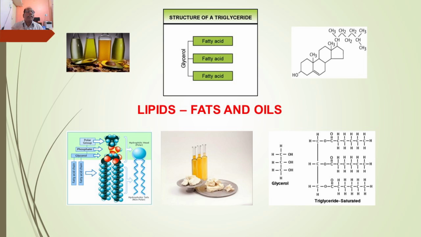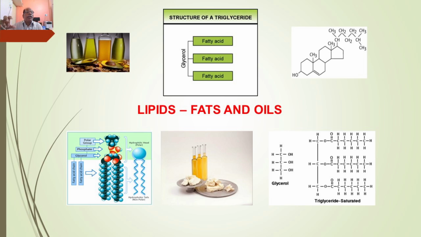The hydrophobic tails are composed mainly of fatty acids, and they will form a lipid bilayer in the plasma membrane. So the lipid component of the plasma membrane consists of lipid bilayers,